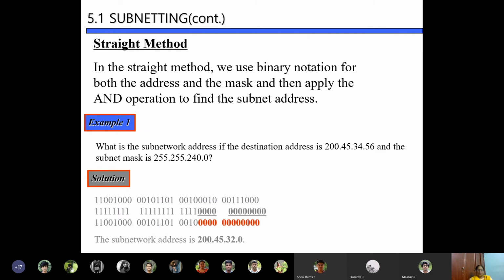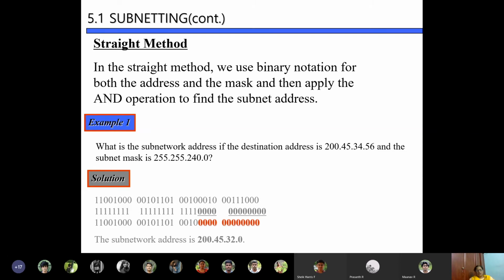What is the decimal equivalent of 34? You give it here. That many number of bits will be given as 1. So you AND these two values, and this is the final answer. The decimal equivalent of this is the subnet address.